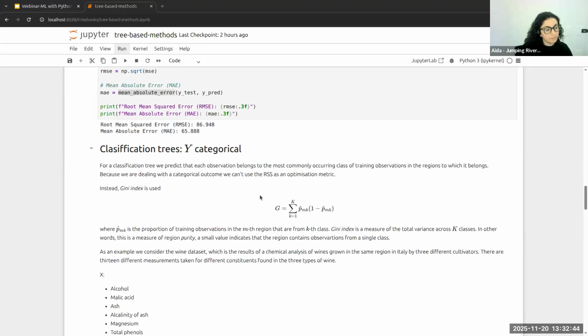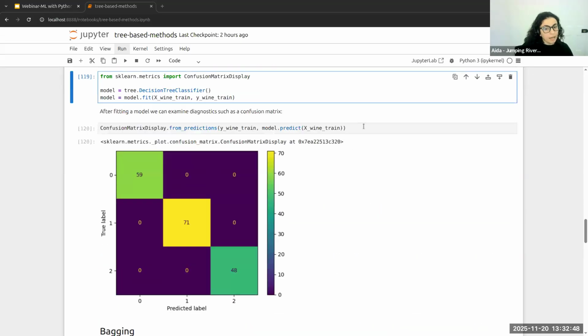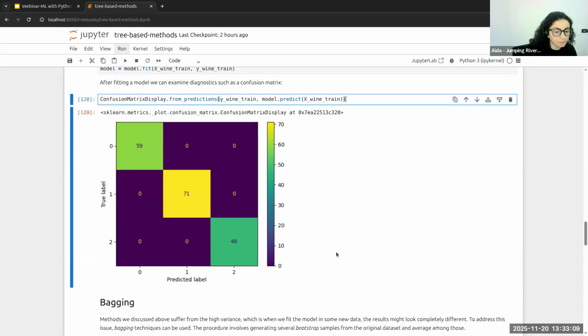So for a classification type of problem, I could just display this confusion matrix, and it gives us a good amount of information on how many times we have predicted the right thing, basically the right class.